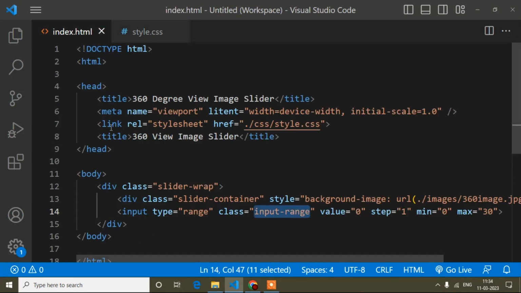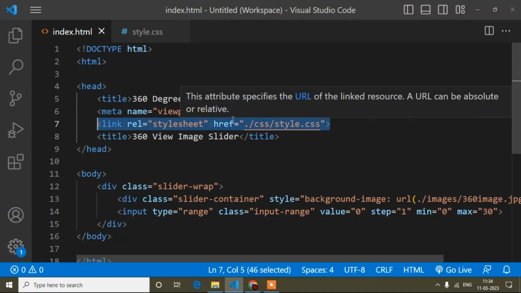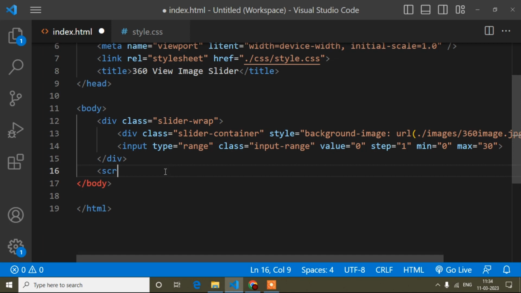After that I linked style here, so you can link a JavaScript file the same way as well. But here I will not create a separate file, I will just simply start to write here. Using the script tag I will start to write, because here I have to denote what I am writing. This is an HTML file, and inside the HTML file I am writing JavaScript, so I have to mention it is script.